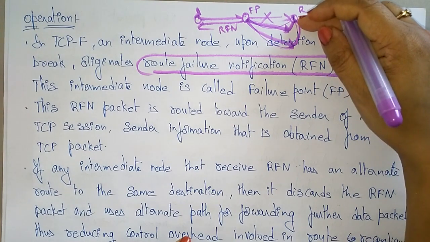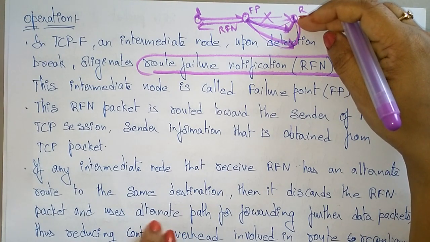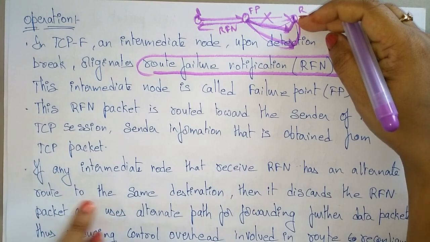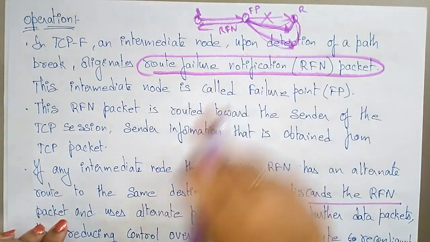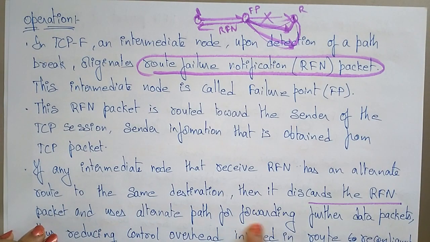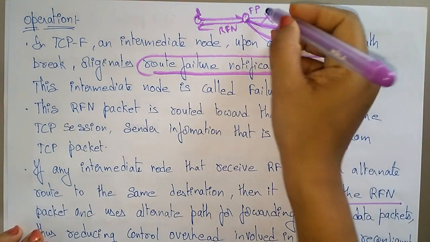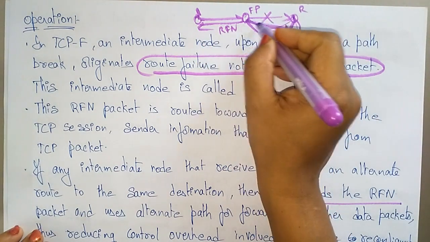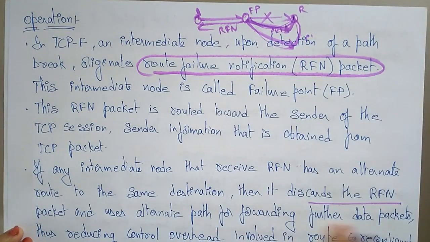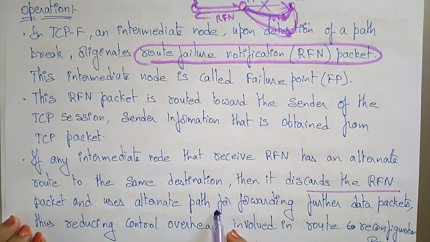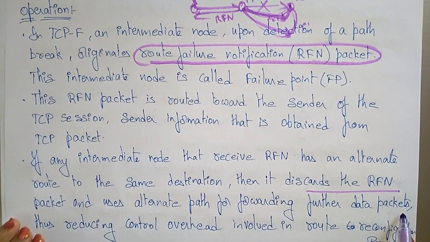So then what does it do? If it has an alternate route to the same destination, then it discards the RFN. So it just discards the RFN packets and uses the alternate path for forwarding further data packets. So rather than going back, it just takes another route and sends the packets on that route. It discards the root failure notification packet, which node? The intermediate node, and uses the alternate path for forwarding the further data packets, thus reducing the control overheads involved in